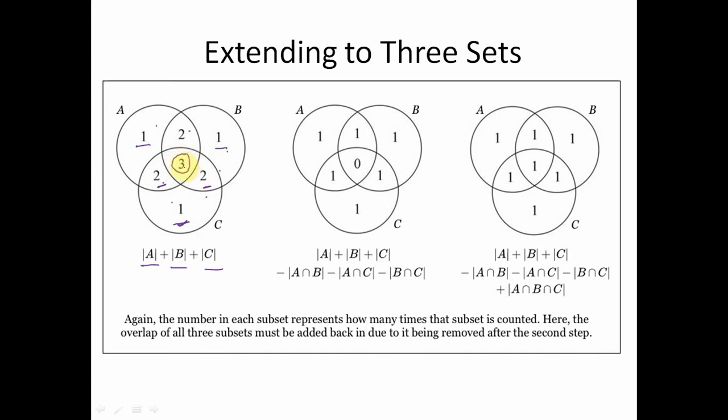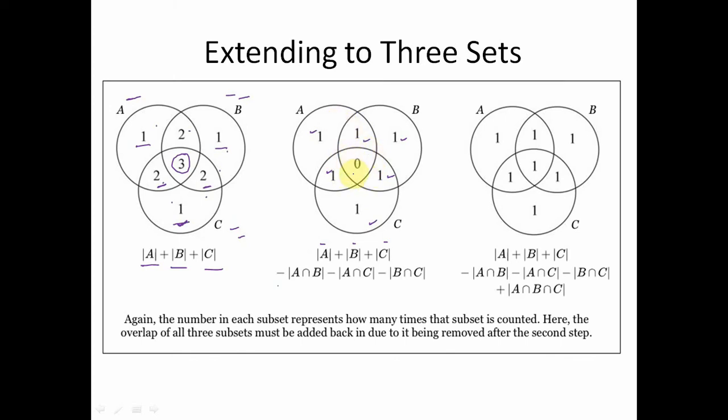Now, applying the same logic, if I simply take the cardinality of A, cardinality of B, cardinality of C, and then I subtract the cardinality of A intersection B, meaning the elements which are common in A and B, and again subtract the elements which are common in A and C, and once again subtract the elements which are common in B and C. So what happens is, these are counted once, these are counted once, these are counted once, these are counted once, but unfortunately these elements will be completely excluded.